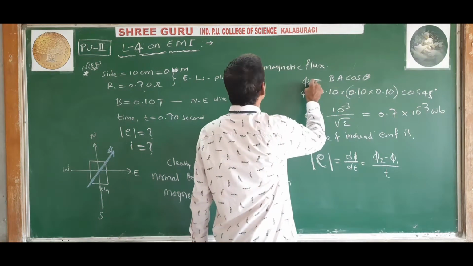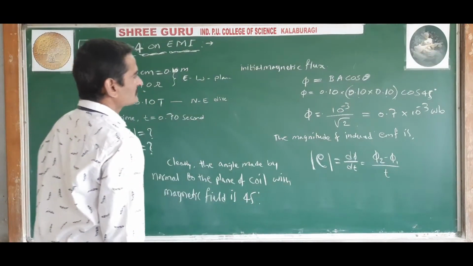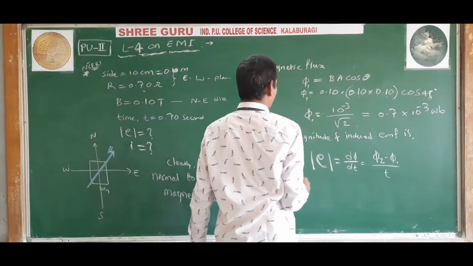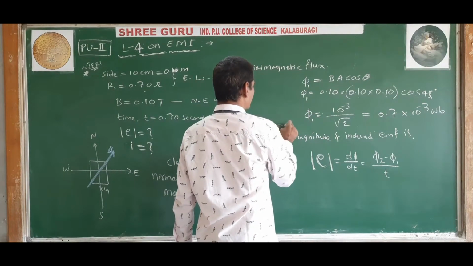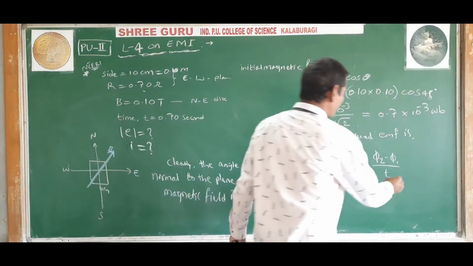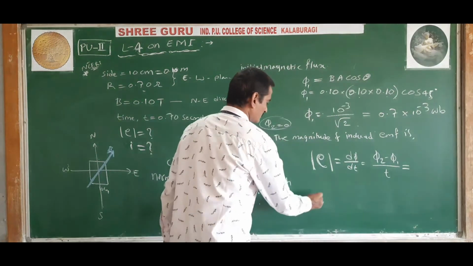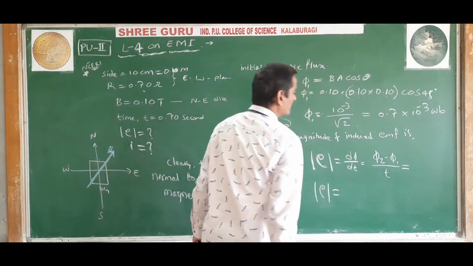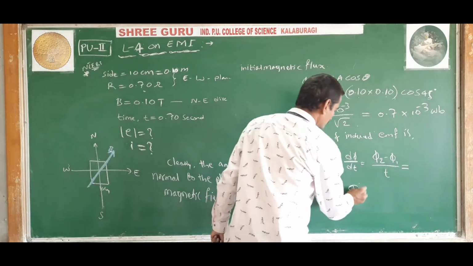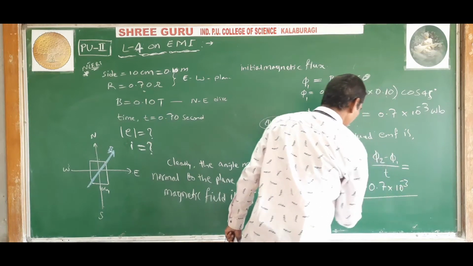Phi 1 is the initial flux, and phi 2 is the final magnetic flux, which is 0. On substitution, the magnitude of induced EMF will be 0 minus 0.7 into 10 to the power minus 3 divided by